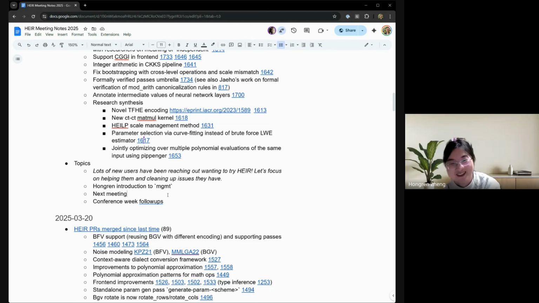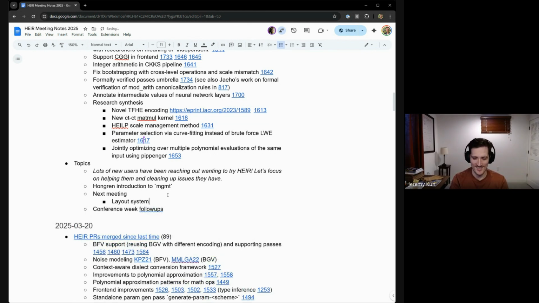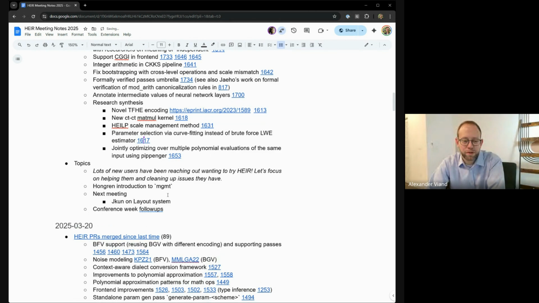Okay, one minute. Okay. I think those two are by far the most complicated things currently going on, right? So I think having some early documentation would be great. I think also Hongren's talk visualizations would make an amazing documentation page, if you basically glued them underneath each other in an HTML page, and talked a bit about it.